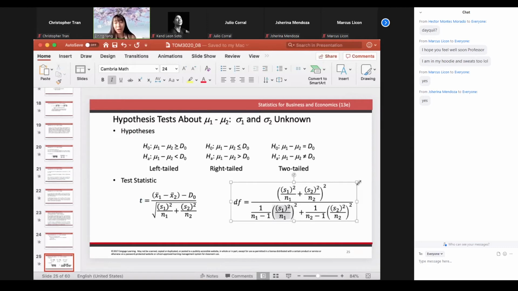One additional item is that, because we have two samples of different size and different standard deviation, when we blend them together, we want the degrees of freedom to capture the two samples. It is an inconvenient calculation for degrees of freedom. I admit that it's quite some calculation. But the good news is you don't have to worry too much about how precise this number is. You are likely to end up with a decimal place. So when you have a decimal place, you simply round it to the nearest whole number you have in your